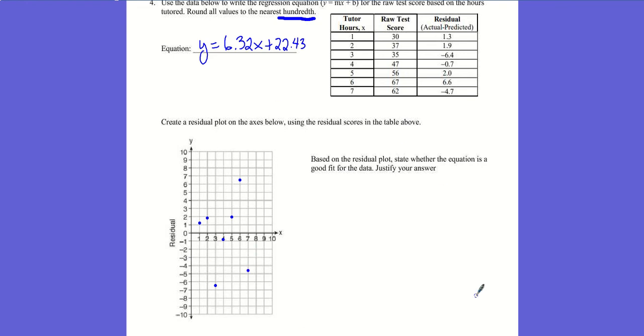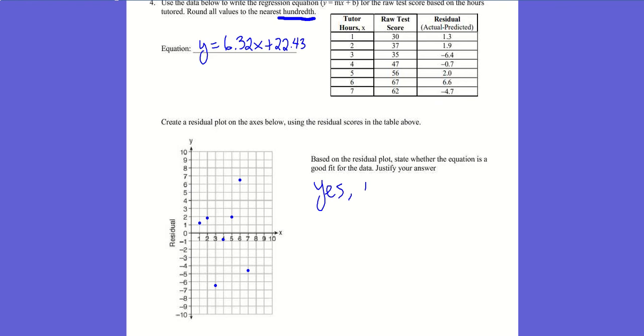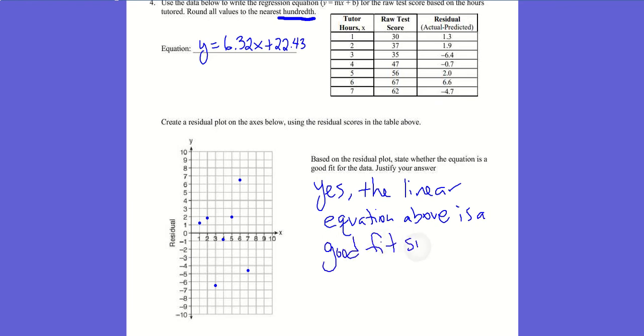Okay, so we want to then state whether the equation is a good fit for the data and justify your answer. We're going to say yes, the linear equation, say above, is a good fit, since the residuals